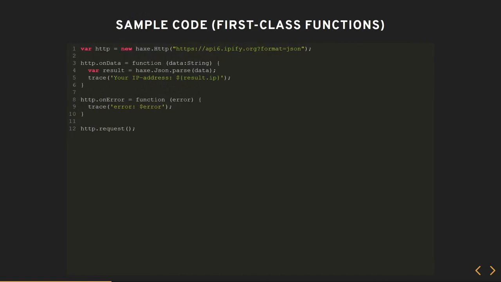First feature is first class functions. In my view, what this means is that you can treat a function almost exactly the same as you would treat any object. The context of this code sample is you're making an HTTP request, so you're basically querying a web page. Here you create your HTTP object. Next, you set HTTP.onData. That's going to be a callback. And you see how you assign it a function as if you created a new object.